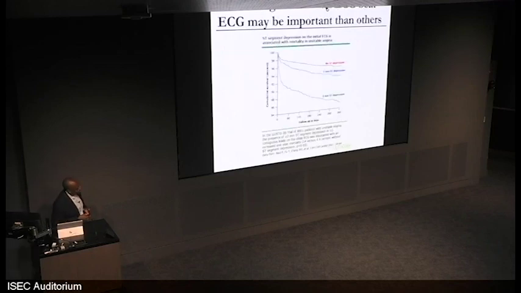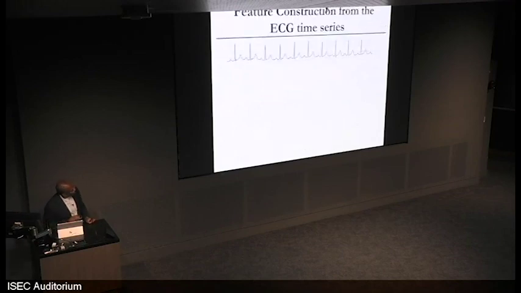You get some insights from some of the data that I showed you previously. When you look at the ST segment, which is a region of the ECG, by eye, there's quite a bit of prognostic value when the ST segment is depressed. So there may be regions of the ECG that we can focus on in our analysis and for building our models, where we can get clinically useful models. So let's try, again, to do some feature construction that we're going to use for maybe some more sophisticated models from the ECG time series.